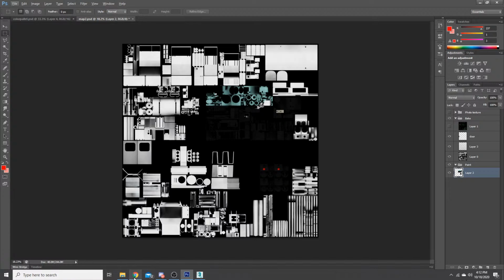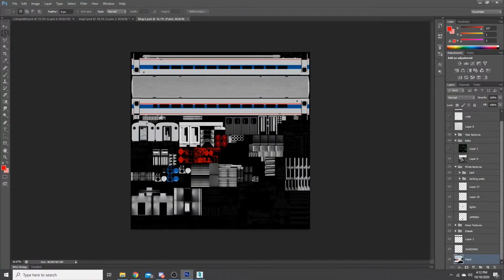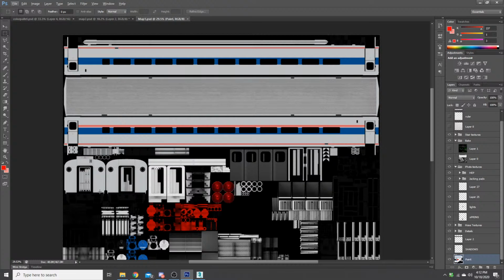and I say quote unquote photo textures because, for instance, if we pull up map 1, we can also take a look at how things are broken down. So map 1, I wanted to have a lot of the details pretty large, but this is about as good as I could get it with the coach car.